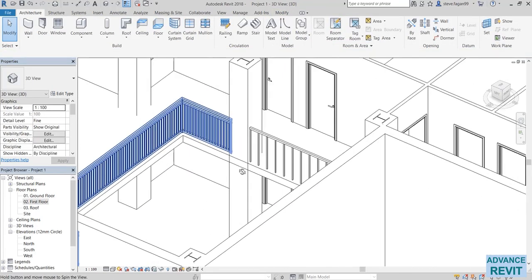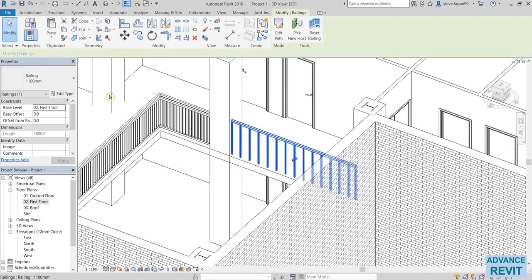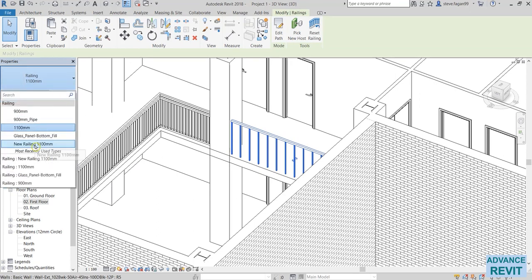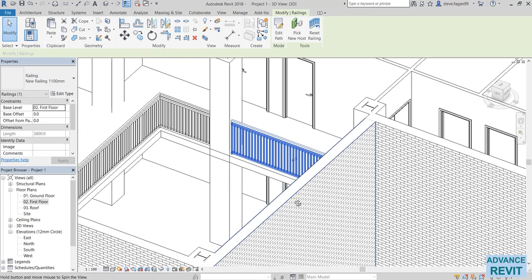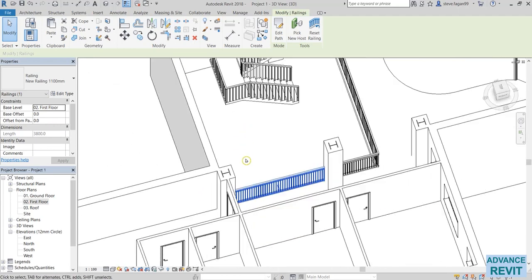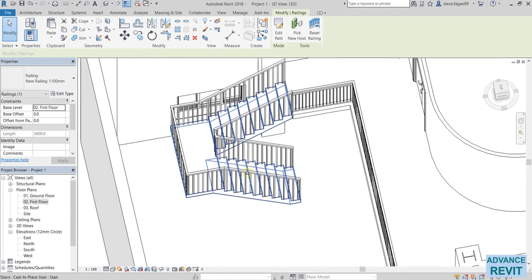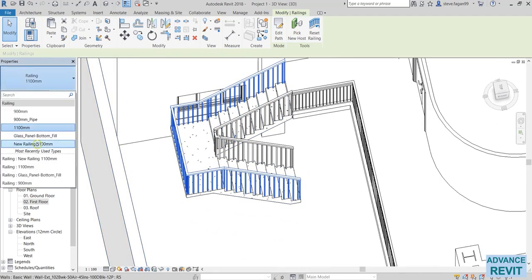There's our new railing. To change over the other railing, again, we'll just select it, go to our type selector and change it over to the new one. And for the stairs, again, we can select the railing, change it over,